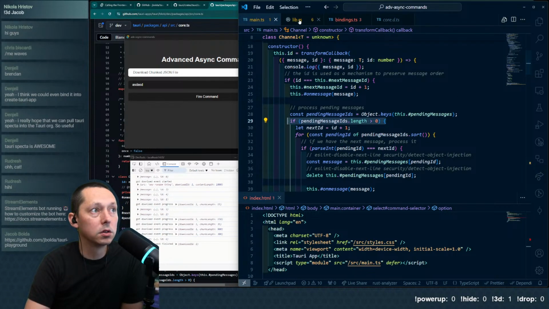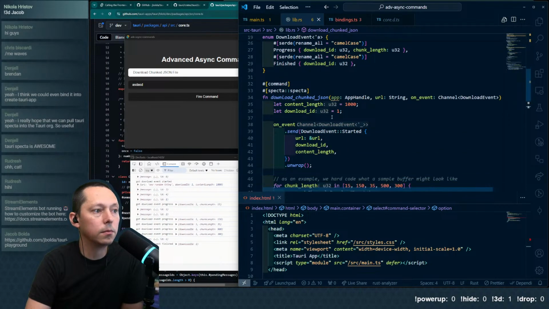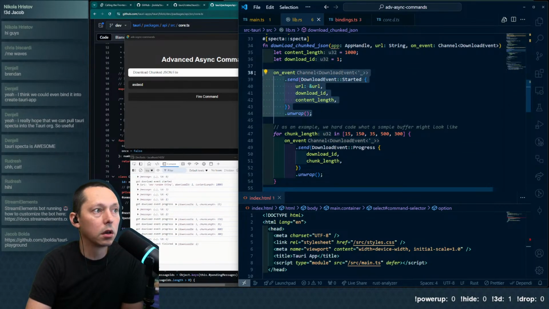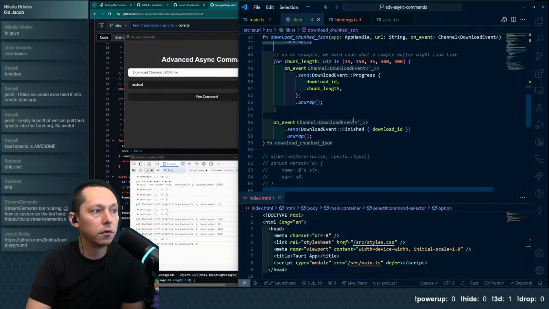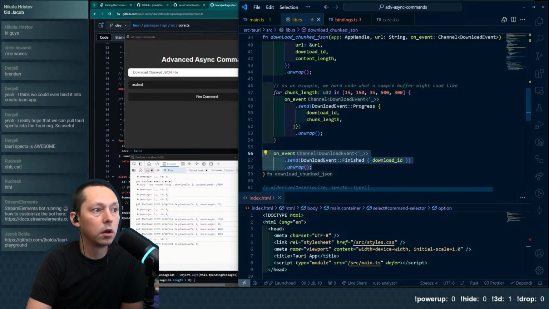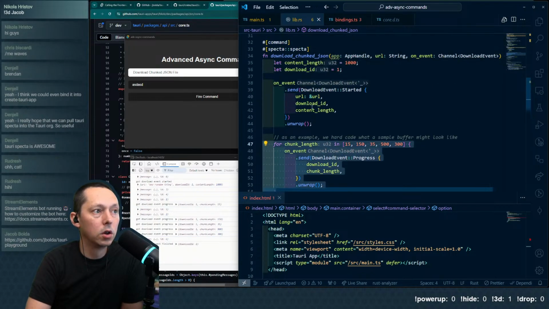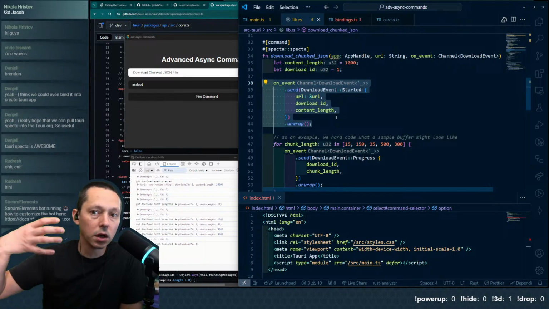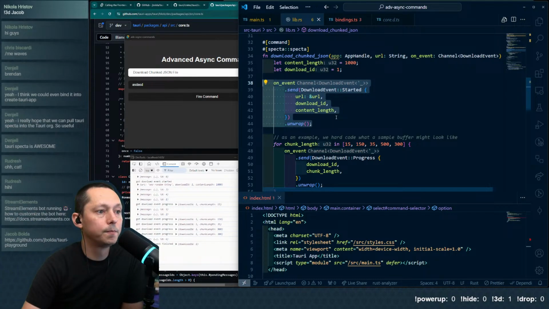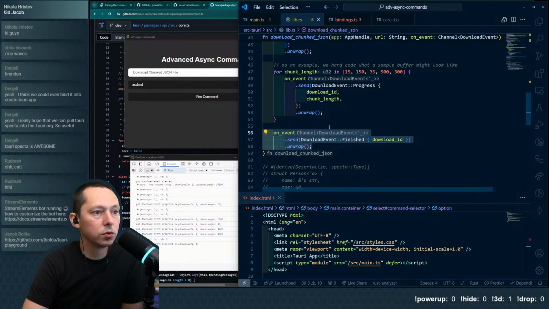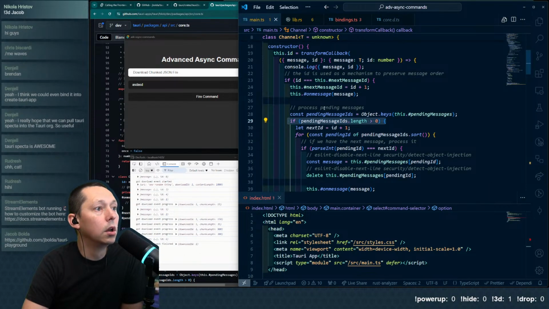And part of this is built on the fact that we have a start event and a finish event. So we know when it started, we start priming that pending messages. And then when it's finished, we know, well, it's done.